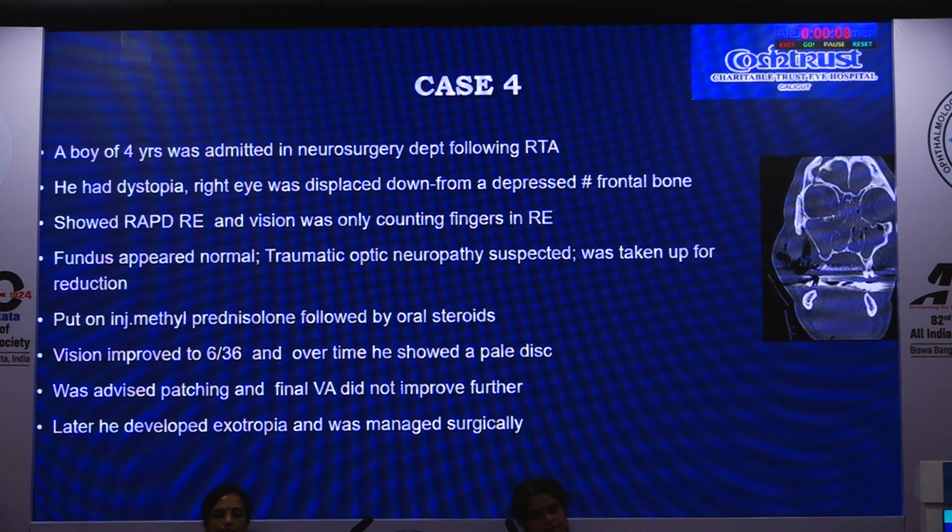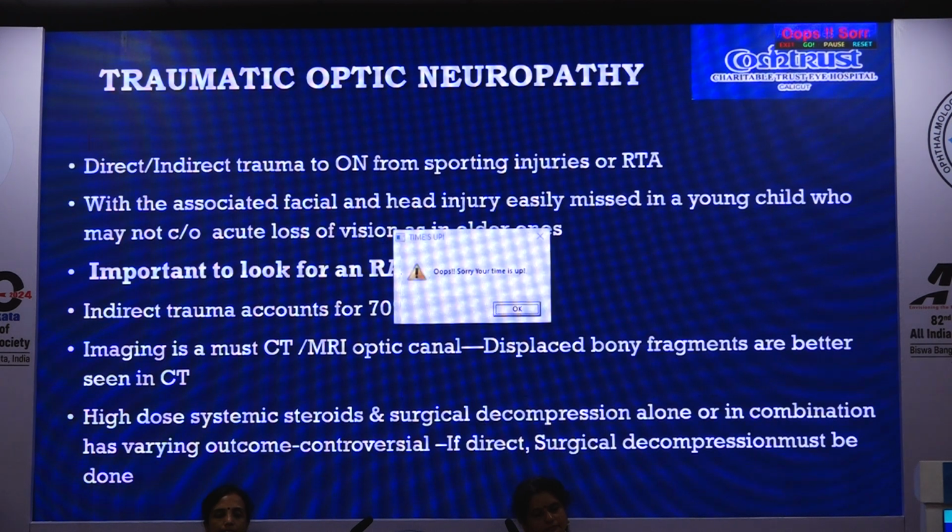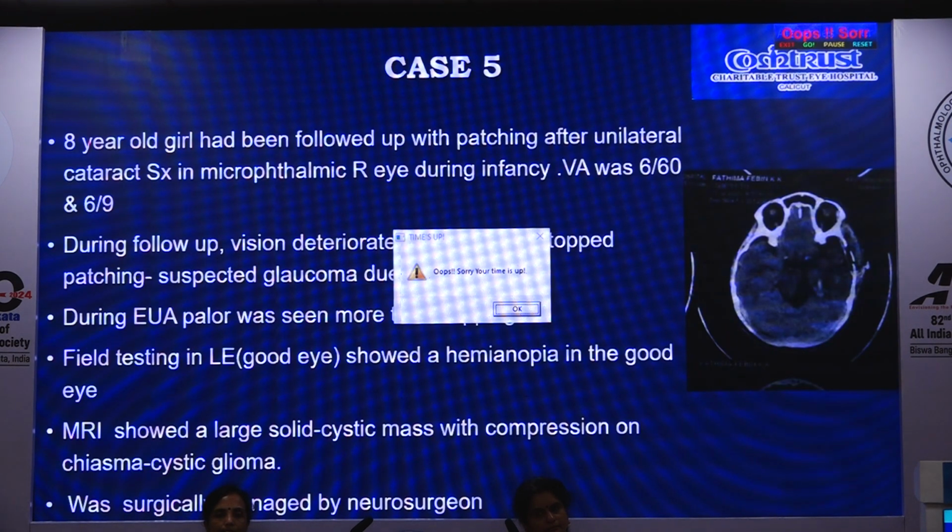Vision improved to 6/36 and then stayed there. He was advised patching but did not improve further. Later he developed exotropia, which was corrected later. So traumatic optic neuropathy is sometimes another condition where you have to look at the fundus very carefully and look